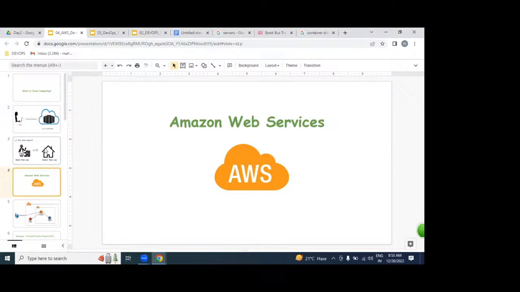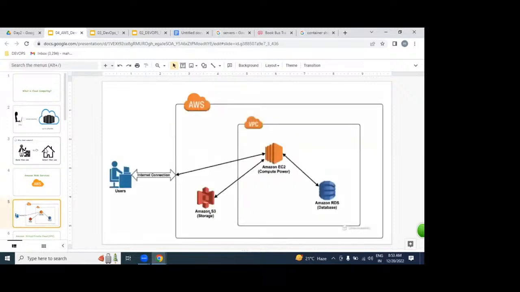In AWS, we're going to learn these modules: VPC, EC2, RDS, and S3 modules. Each module will take minimum 2 weeks. Totally 7 weeks it will take to complete this diagram.